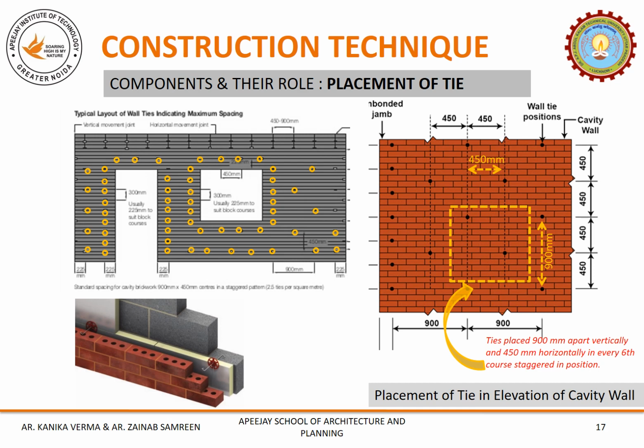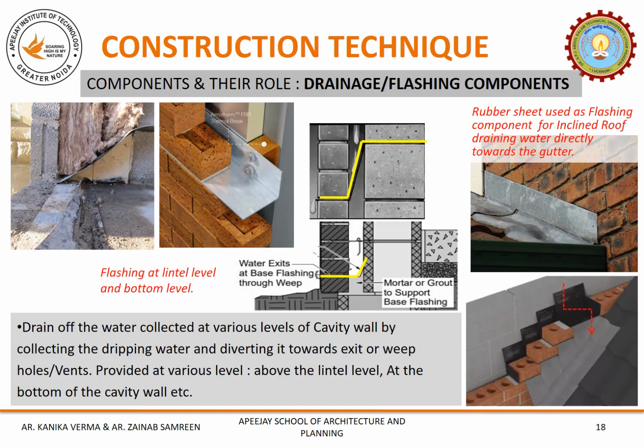As one can see in the elevation given, where the placement of wall ties is highlighted by yellow rings, there are more and closer ties placed near windows and doors, but wall ties are placed distantly in the other areas. So it is always recommended to have more ties in cavity wall construction. But in special cases and purposes like sound insulation, placing more ties can be avoided, as they generally behave like a physical medium for sound to pass from one end to the other.